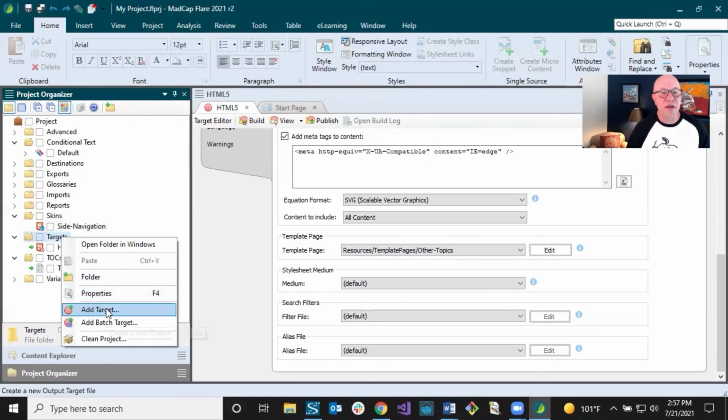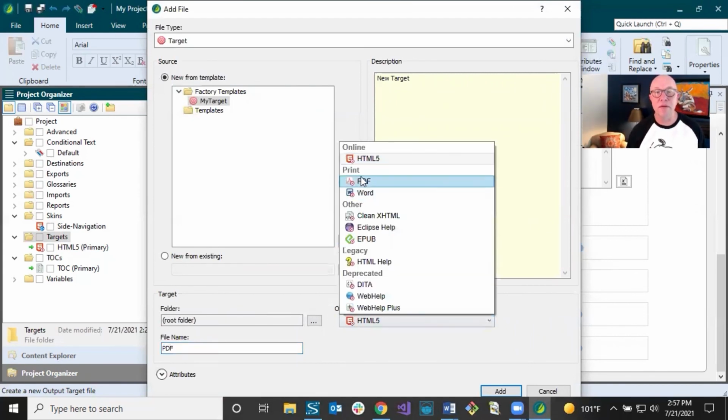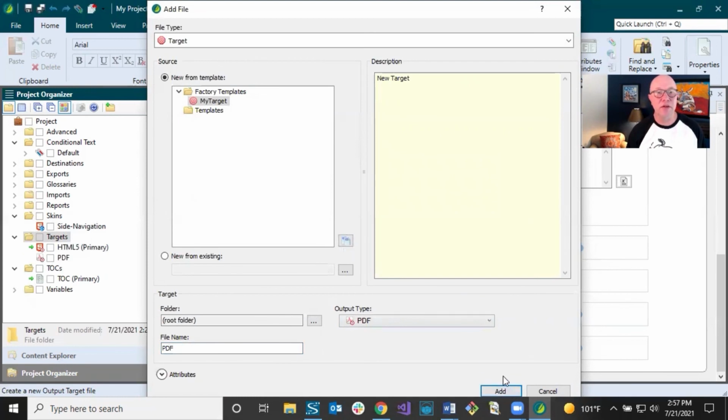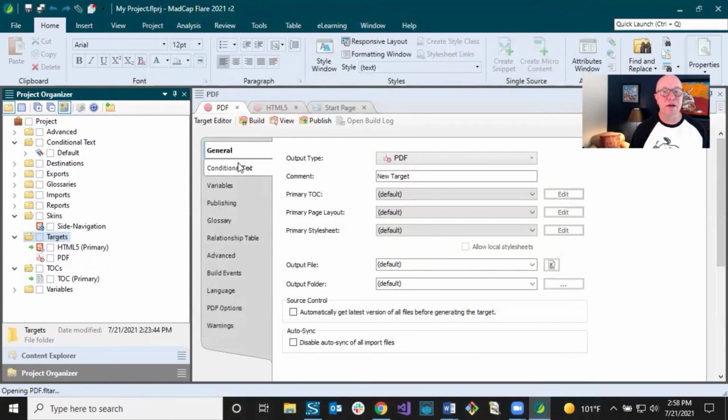I could create a new one. Let's do PDF. I just named it PDF. I can name it anything I want, but I'm going to select that type, click OK, and you're going to see that it's much the same as the HTML5 target, but there are different settings and some different